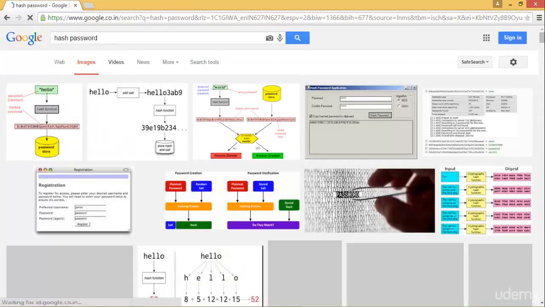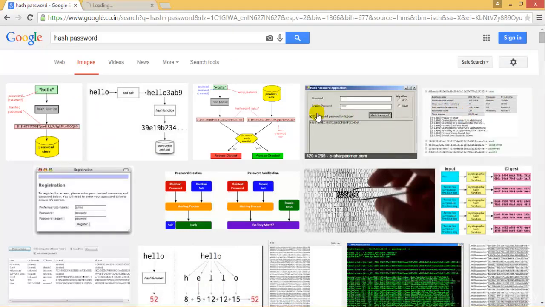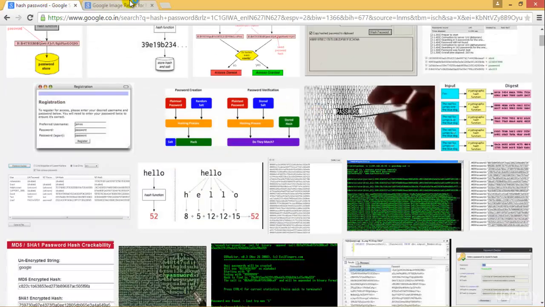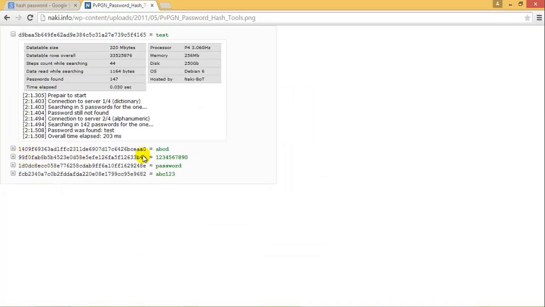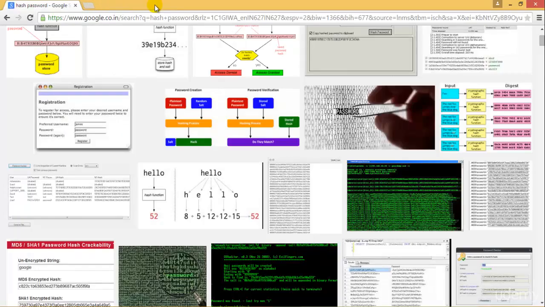Let me see. Okay, so I'll just go ahead and open this. I'll just show you the image. So this is how a hash password looks like. This is the actual stuff that's ABCD. It's converted into the hash one. We have 1, 2, 0, and that's again converted, and this is how it looks like in total. So it's just a one-way encryption. It cannot be decrypted back, but there are still ways that we can go ahead and try to do something